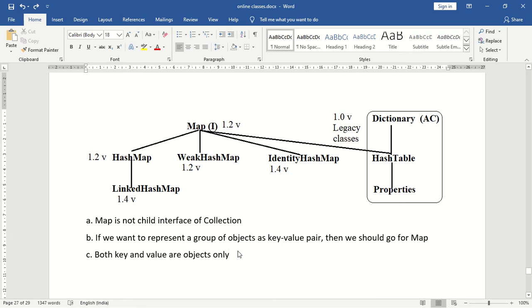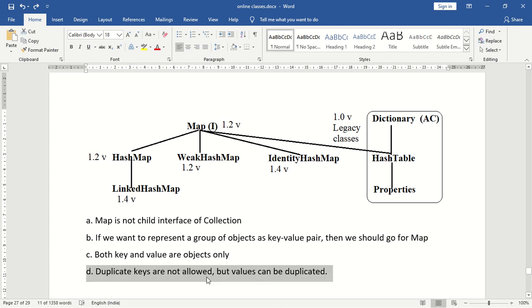So what is the next point? We cannot have duplicate keys, but we can have duplicate values. So the next point is duplicate keys are not allowed. We cannot have duplicate keys, but values can be duplicated. Is this clear? When we should go for map concept?